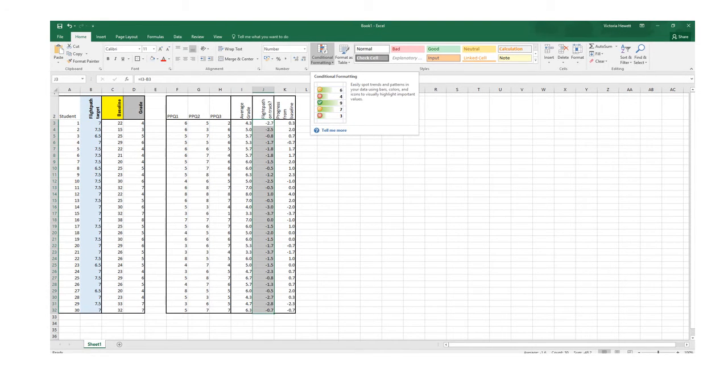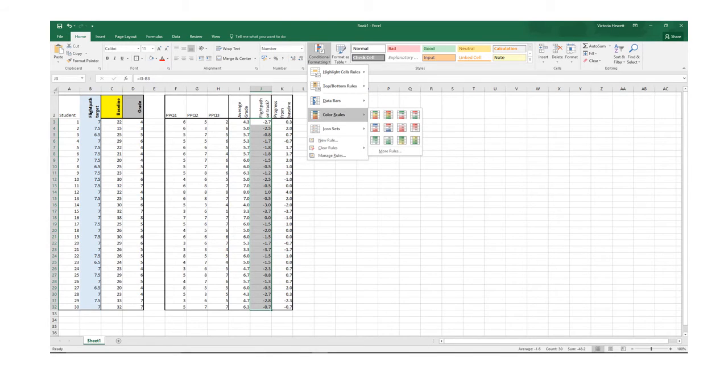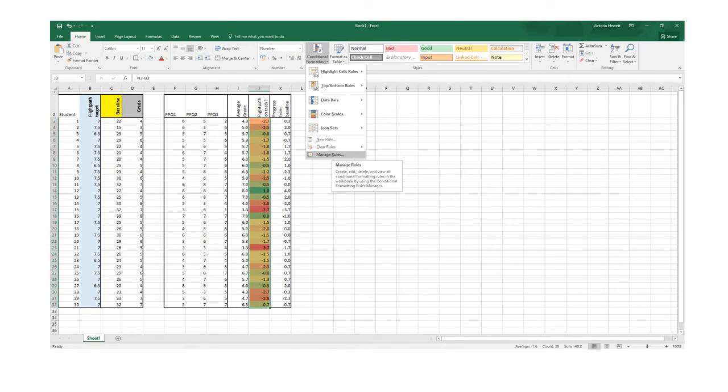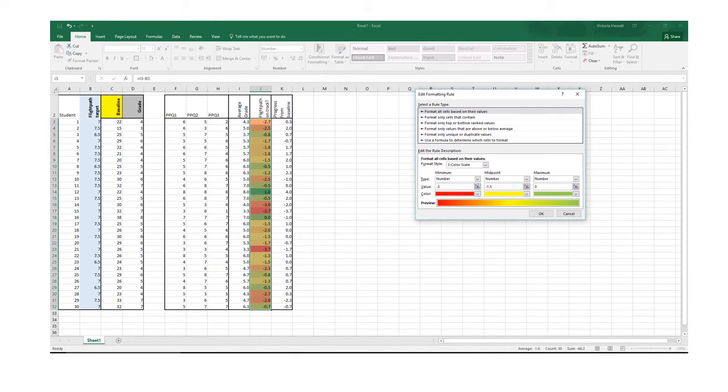In order to do this, I quite simply use the conditional formatting, which is in the Home tab on Microsoft Excel. I've chosen colour scales because I want to RAG rate it, and it gives me this pattern. Obviously this isn't what I want, so I just go down to manage rules and I amend it to suit my needs. So for this instance I've changed the type to number, I've changed the values to -3, -1.5 and 0, and then I've also changed the colour so that they're quite distinctive, red, yellow, green,